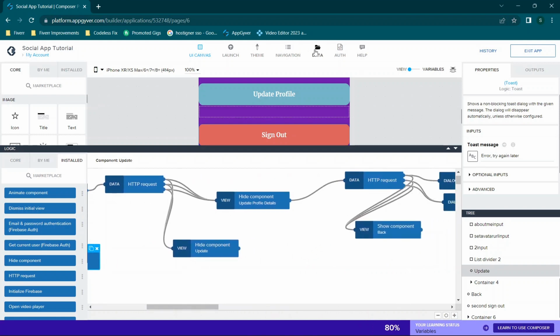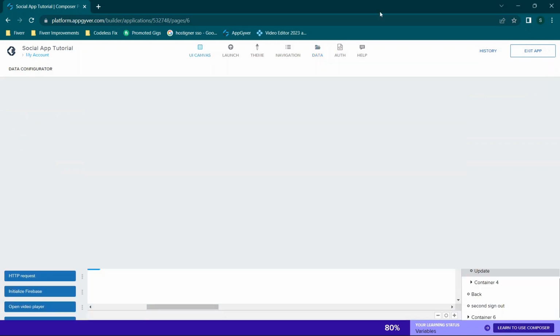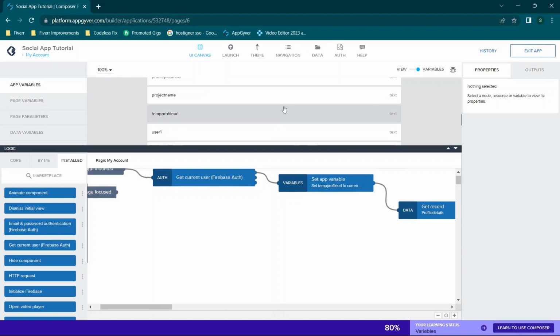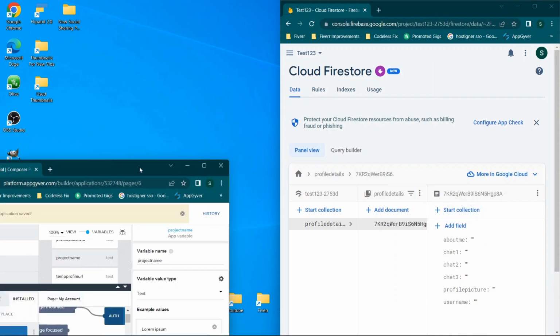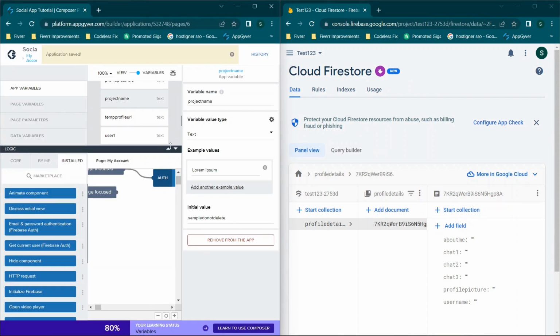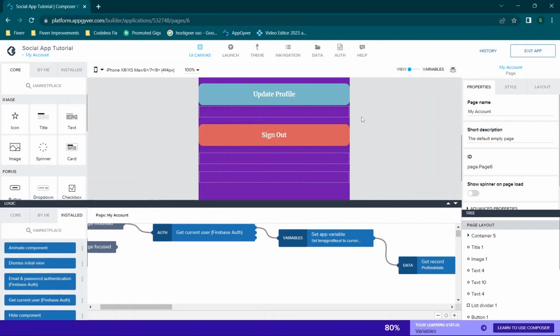Now, if I set everything back to the way that it should be, for example, profile details, I need to change my app variable back to the sample do not delete for the correct project. So at that point, everything should be working because it would now be connected to the correct Firestore database. So I know that this is a bit jumpy, and I apologize for that. It's quite a few steps to go through, but at this point, if you're having any issues, here's all you